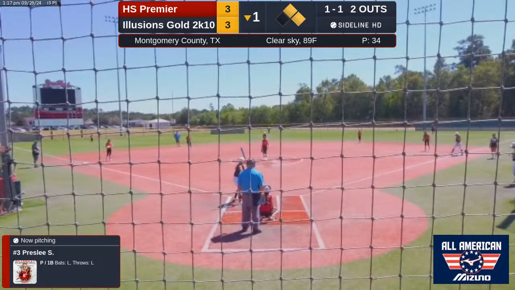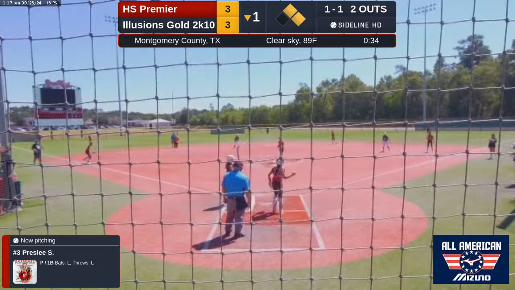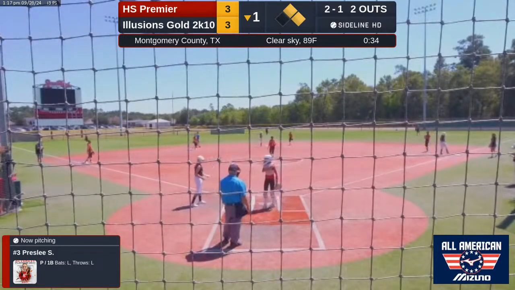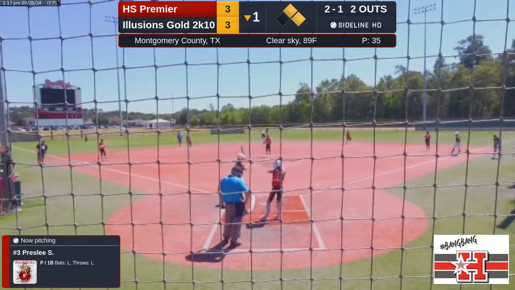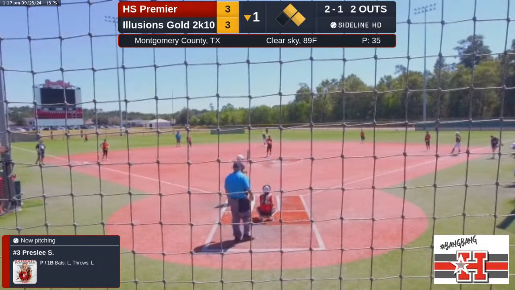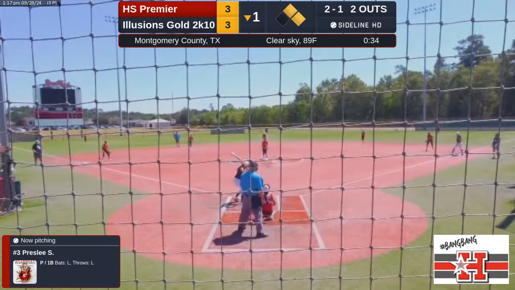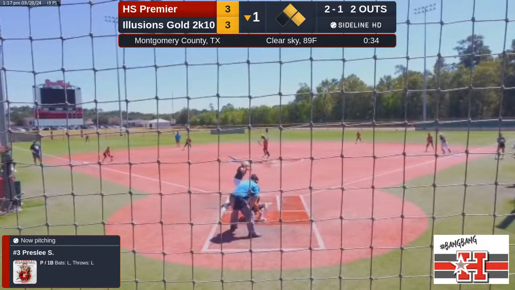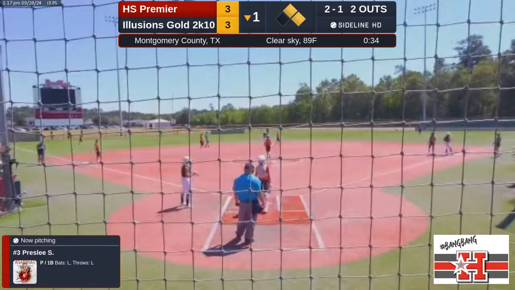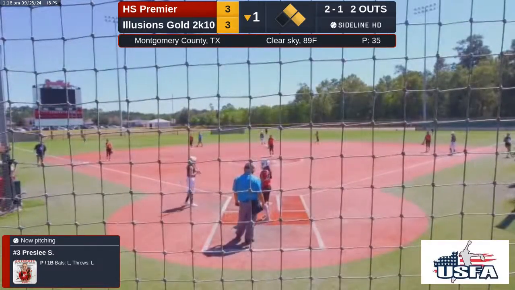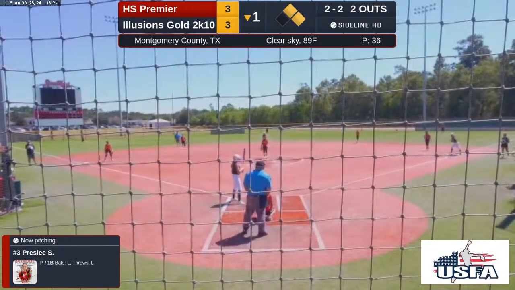First and second, 2 outs. Pitches up in the zone, called strike 2. 2 balls, 2 strikes. 2-2, 2 outs.